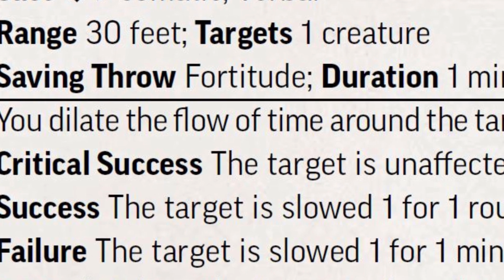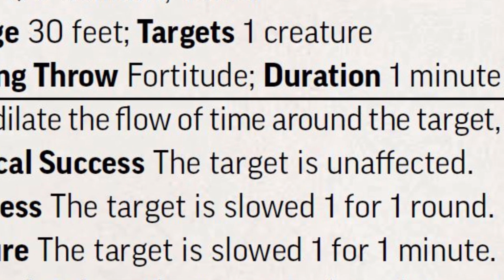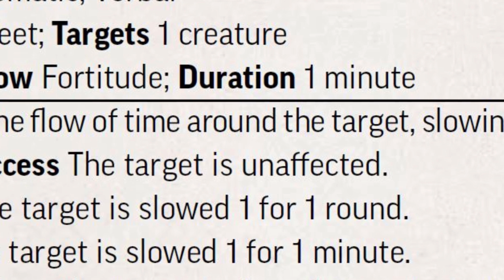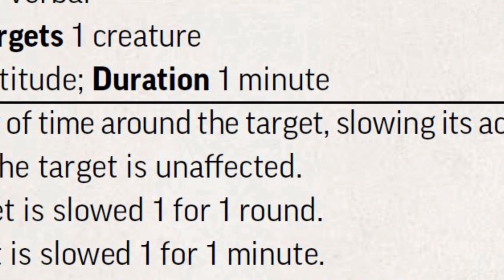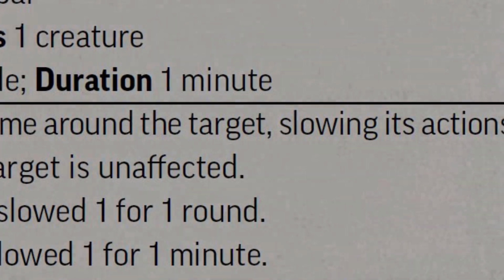A failed saving throw is slowed 1 for the entire minute. Let's say the fight goes on for that whole minute. Well, that means you traded a 3rd level spell slot and 2 actions to remove 10 actions from the target. That's more than 3 full turns just completely skipped for a normal Fortitude save fail. Well, that's incredibly impressive, but if that's the normal failure, then what's the